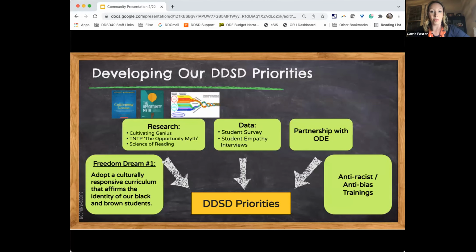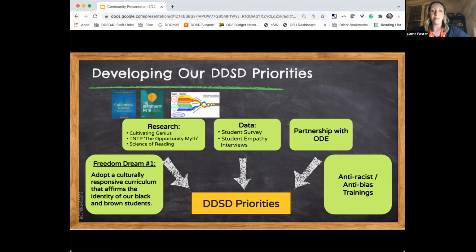So in addition to student voice, there are other drivers of our priorities that are represented on this screen. So you saw before that we go through a very thorough vetting process. As you can see, there are a lot of things that drive our local priorities here in David Douglas. So it includes our Freedom Dream #1 that was developed by our staff of color, looking at research, analyzing our data and student feedback, partnering with the Oregon Department of Education by reviewing ODE's score sheet for each curriculum and learning about how each publisher aligns with state adoption criteria.